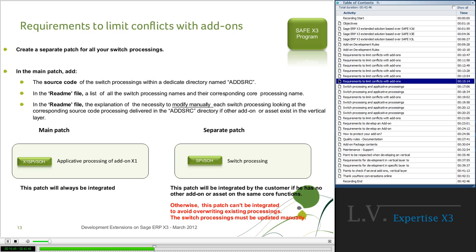Explain also the necessity to modify manually each processing code, looking at the corresponding source code processing delivered in this directory.